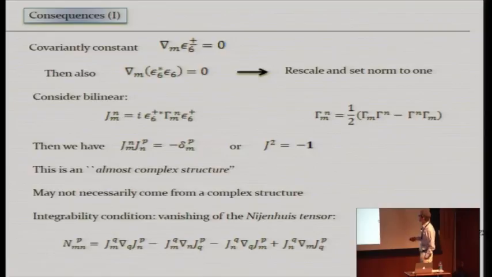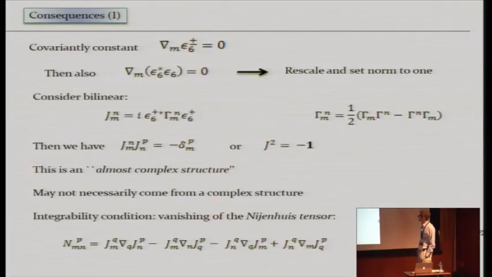So it's very reminiscent of a complex structure, but it doesn't necessarily imply what we usually mean by complex structures, namely that you can write local holomorphic coordinate systems. So having a tensor which squares to minus 1 is a necessary condition. It turns out that it's not quite a sufficient condition in order to write local holomorphic coordinate systems. So that's why this is called an almost complex structure. It's almost complex, yeah. So it's not quite a complex structure, it's an almost complex structure.